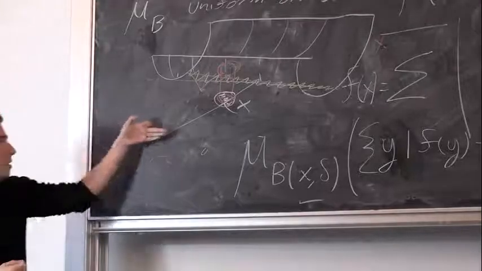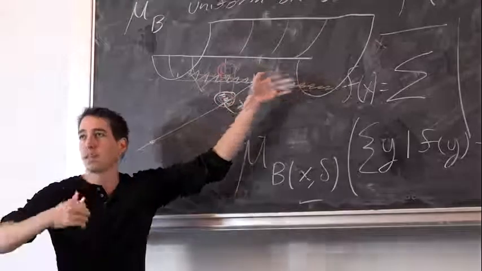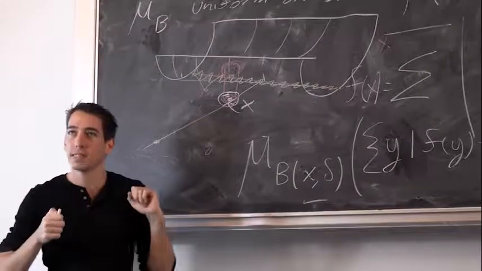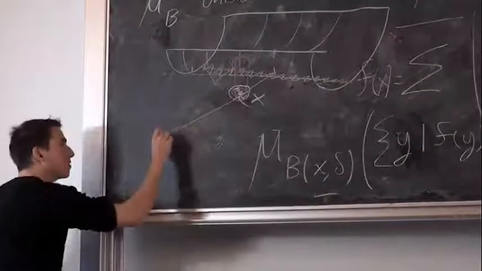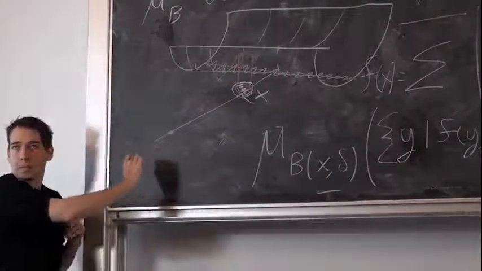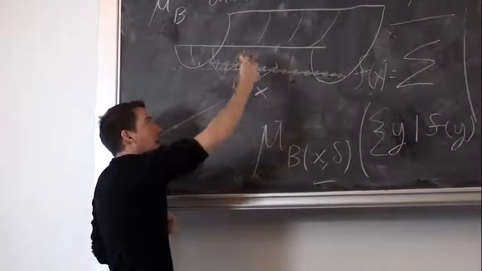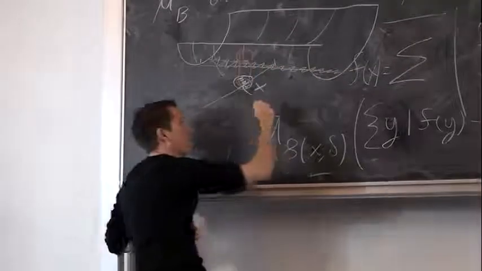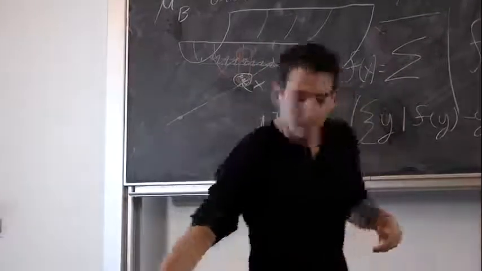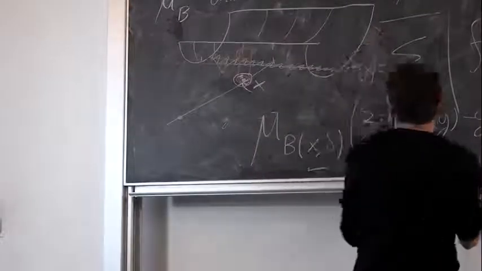On this line, if we restrict the functions f and g to this line, what we see is that at this point g is equal to minus epsilon. At these points, f has the gradient pointing in a direction so that